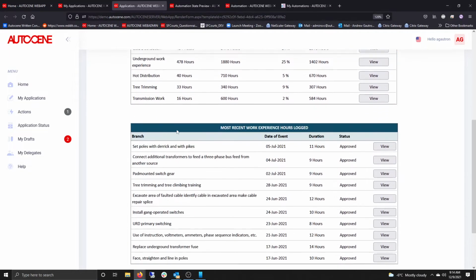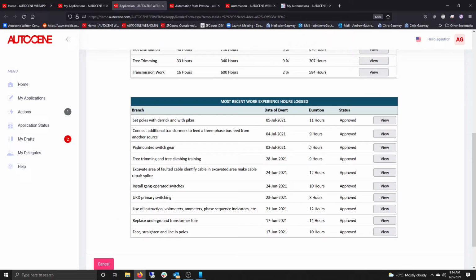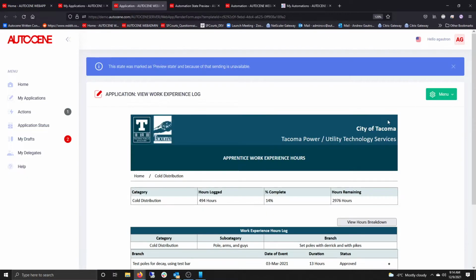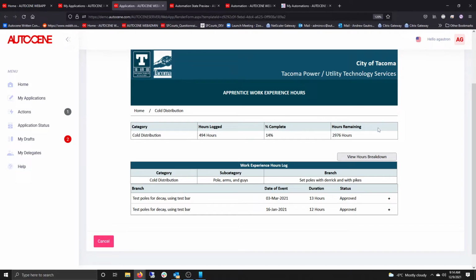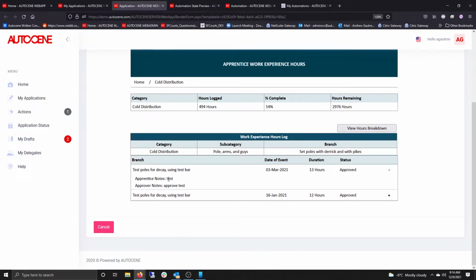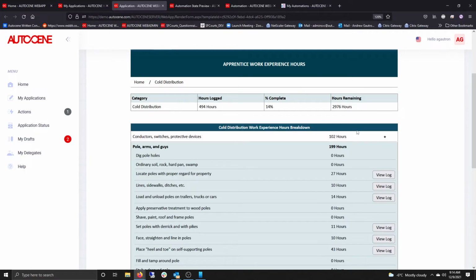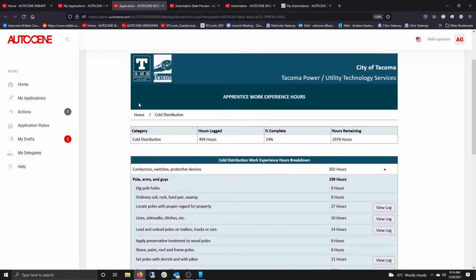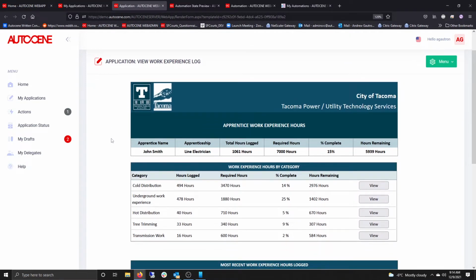Or we could go down into our actual most recent work experience log here, right? So maybe I recently set poles with Derek. Well, I could go in and view the submissions on that day, right? So I could go in and see, oh, we did this and this. Well, what went into that? Well, there's some notes, and then there's some approval behind that. And that's when you can pull that additional documentation in as well. So if you have certain documents that say that you were on there on that day, you can pull that in and begin viewing that, right? So this entire application is basically dedicated to showing the person where they're at in their apprenticeship journey,